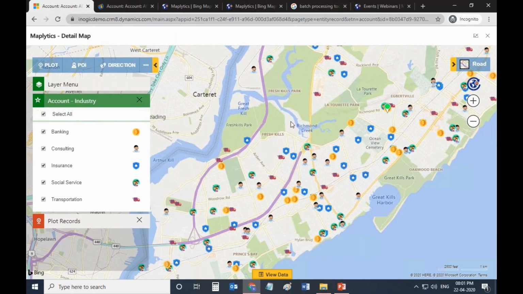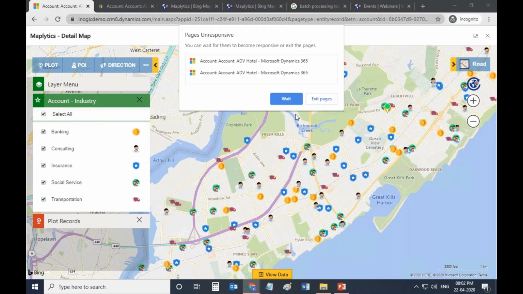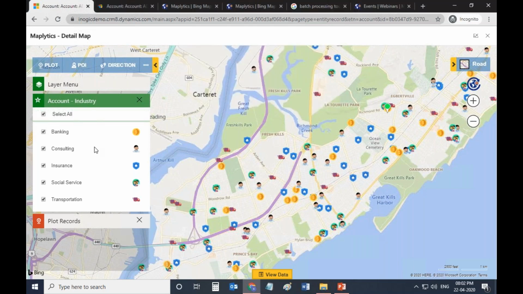And here you can see that the data has been categorized, and some of these push pins are not the regular ones that we use. These push pins are custom push pins. We also have the custom push pin feature within the list. Basically you can upload your custom icons within the configuration details, and you can set those custom icons to represent the records that you plot. You can see that these are the custom icons that represent my account records. So this is how you can use the custom icons.